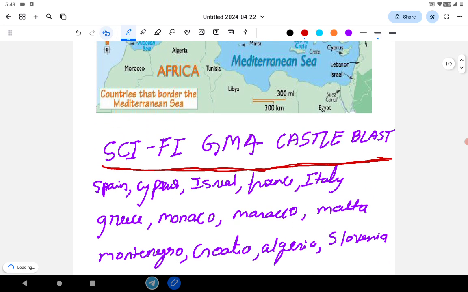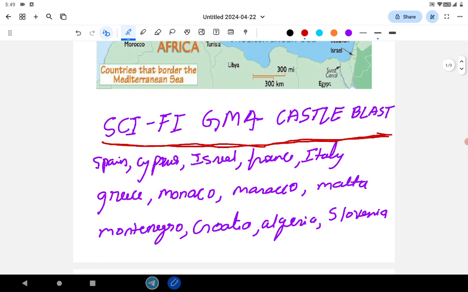So if you go through the previous year questions, one of the very important topics, especially in geography, is the countries that are opening to the sea or opening to the ocean. So the mnemonic to remember the countries bordering the Mediterranean Sea is